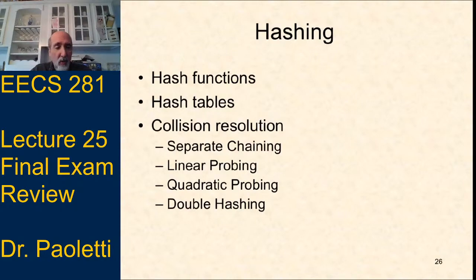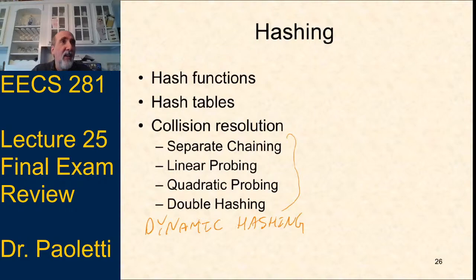Okay, hashing. So hashing functions, hash tables. We talked about separate chaining, linear probing, quadratic probing, double hashing. Remember, we also talked about dynamic hashing, which in Lab 7 was your rehash and grow function. No matter what collision resolution scheme we use, we might have to grow the hash table at some point. And if we grow the hash table, we have to take everyone out of the old table and insert them into the new one because they could change their index.